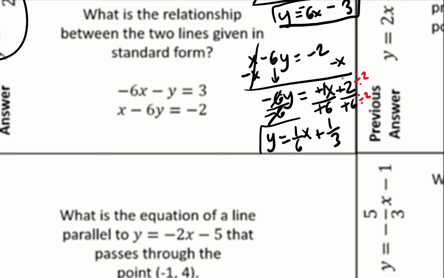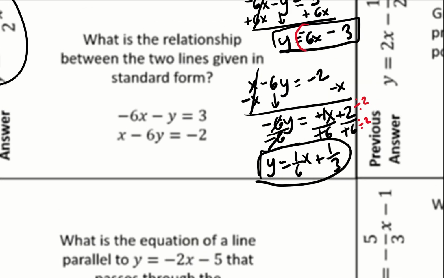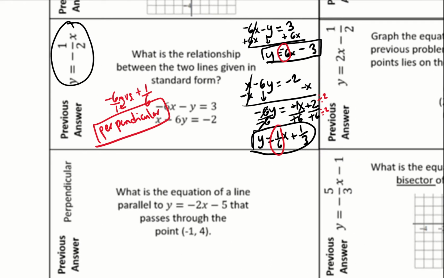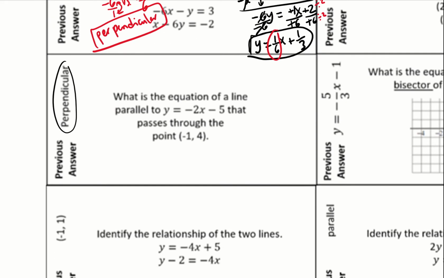Okay, so we got our two equations, and notice that the slopes of these equations are negative 6 and 1 over 6. So if we compare negative 6 with 1 over 6, we can see that if I flip this, it's going to give me 1 over 6, and that these signs are opposites. One is positive, one is negative, and hence these lines are actually perpendicular. Okay, so let's go to the answer that says perpendicular. That's this one right here. This is our next